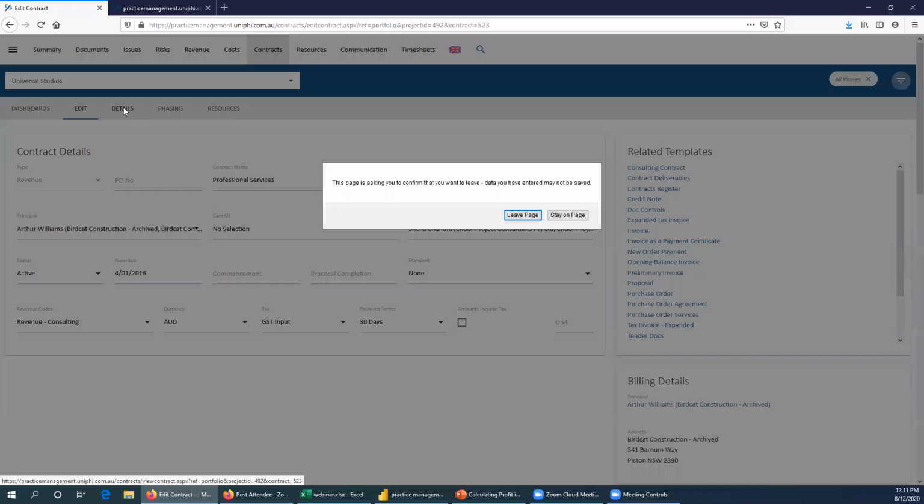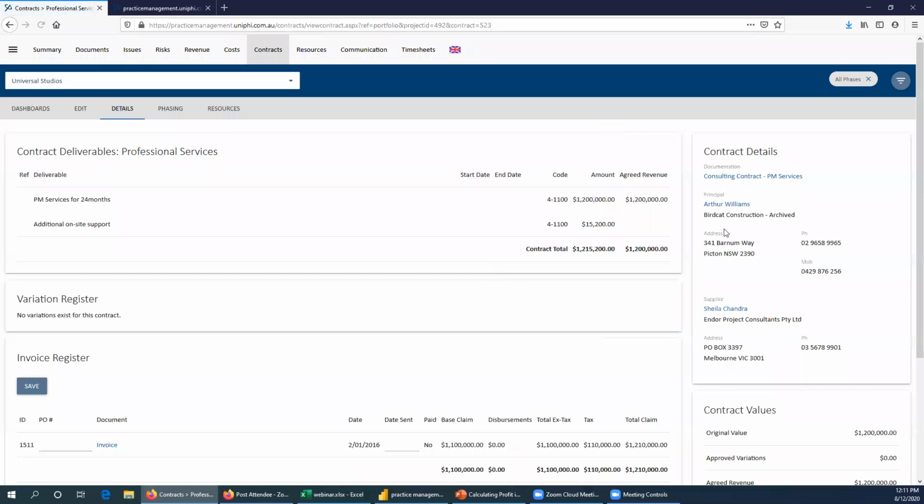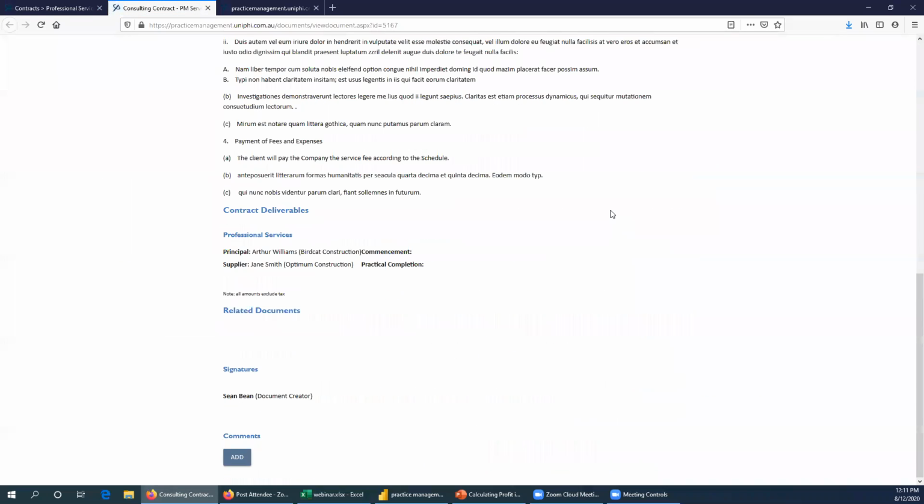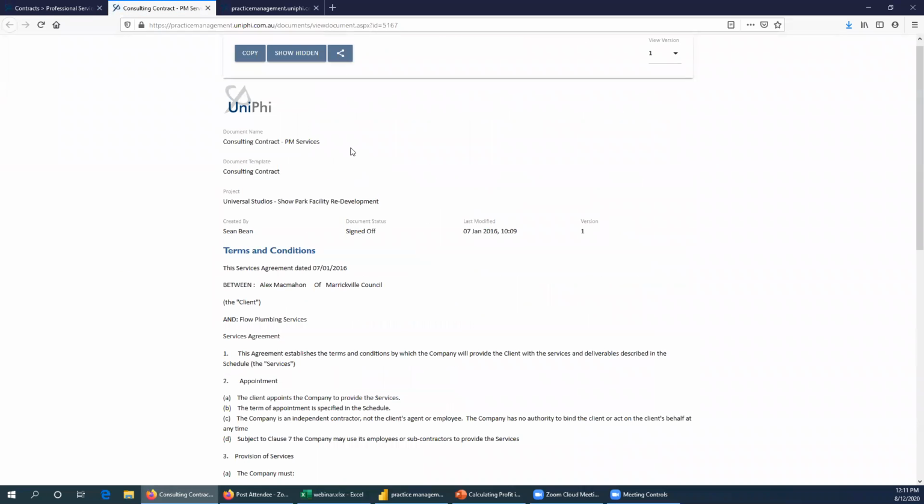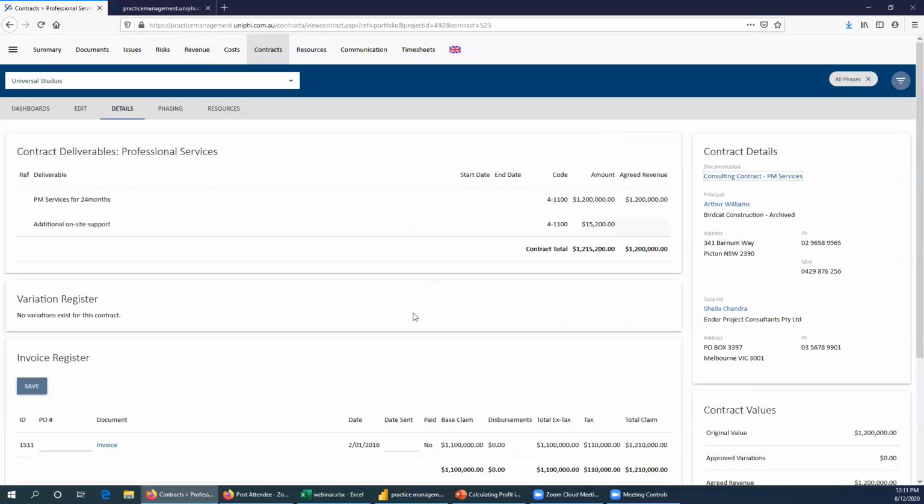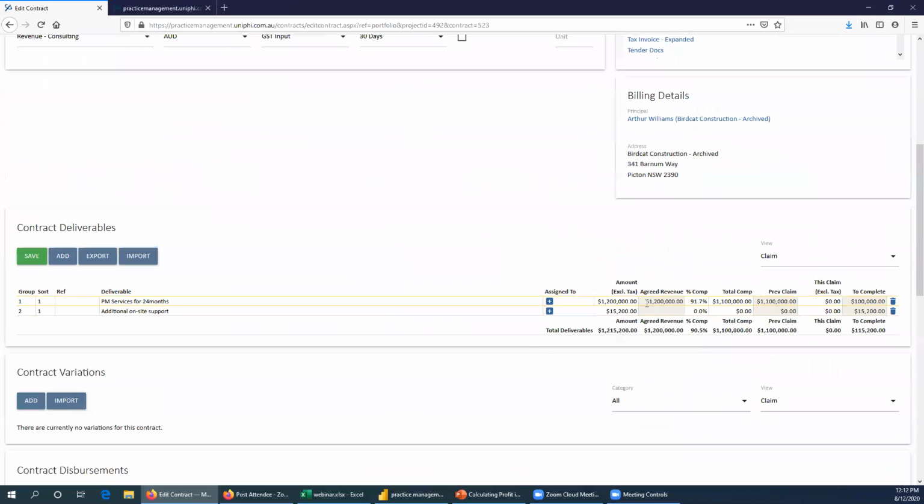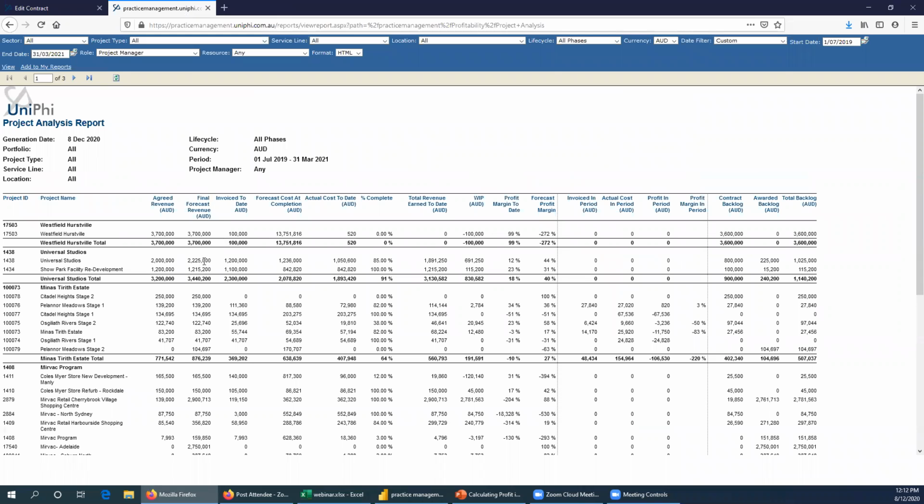If we go to the details section of the contract, you'll see that contract will always be displayed here, which I can launch and then see the executed document and its value in the system. And therefore I've always got quick access to where my evidence is for where that value has come from, this 1.2. And so that's why in that report, we've got a slightly different final forecast fee to agreed revenue, is that those numbers are slightly different between what was signed off. There's the 1215 there versus the 12,